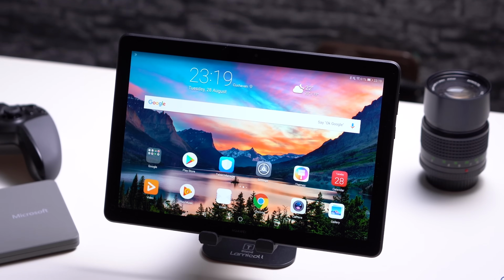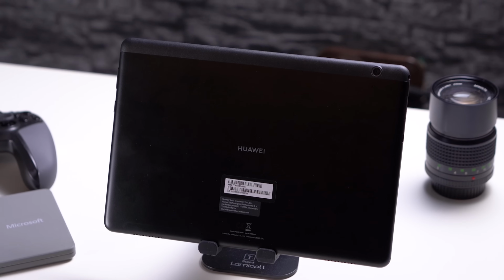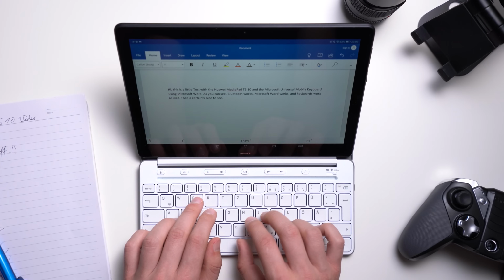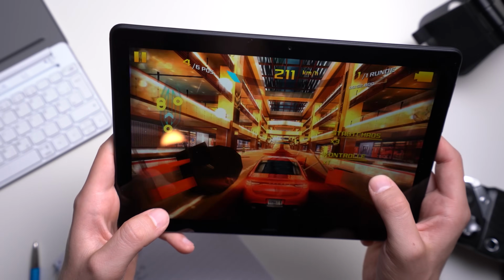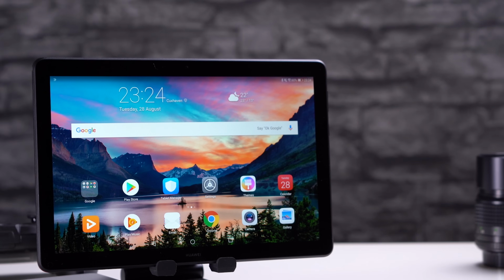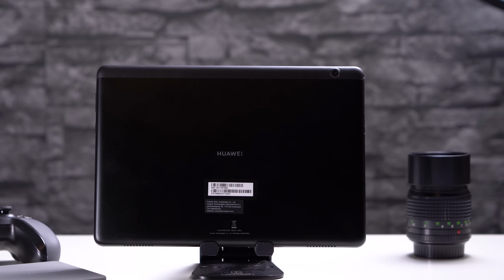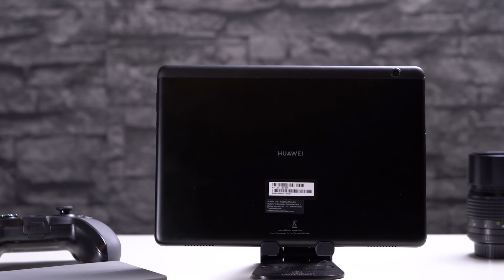It's a great low-end, cheaper gaming tablet. You can play games at medium graphics as well, and it has a pretty nice full HD screen. Now that's very similar to the M5 Lite 10, however it does not have those premium features. Instead it only has 2 fine speakers, not great but alright. No fingerprint scanner, no full metal body, there's a metal back, but the frame is made out of plastic. So if you don't need those premium features and want to save a lot of money, then you can take